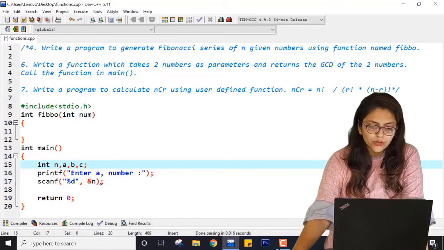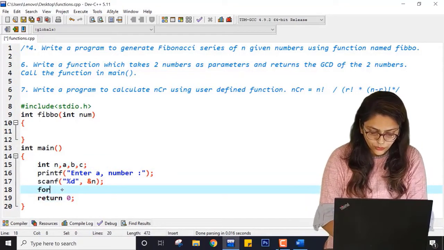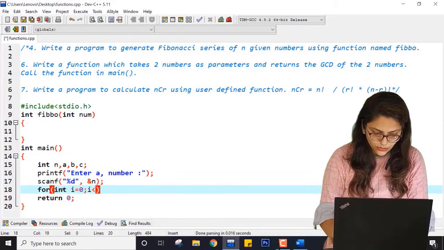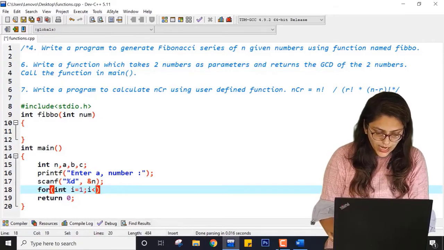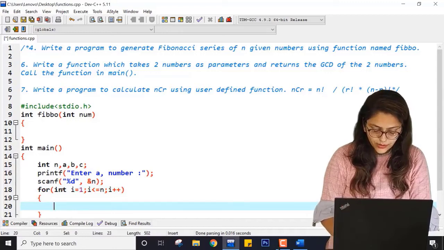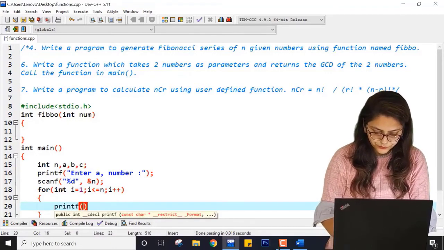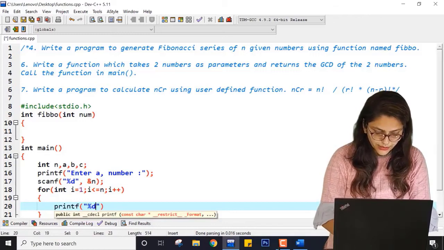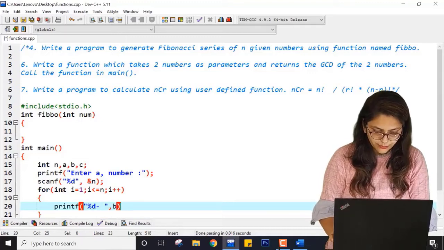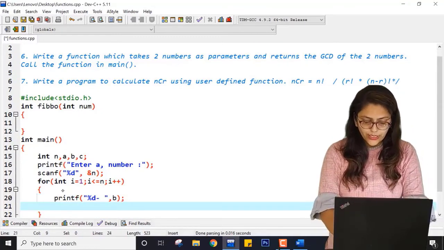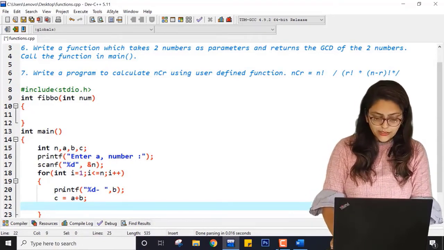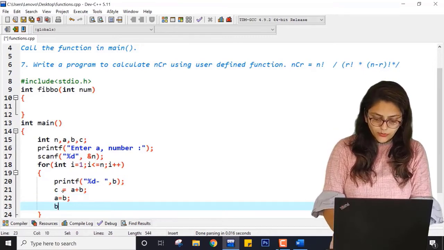Right? And what I was doing, I was taking N from the user, then I am writing for int I equal to 1, I less than or equal to N, I plus plus. I was doing first printf percentage D, that is B. I was printing B, then I was doing C equal to A plus B. If you have not gone through the logic of the Fibonacci sequence, first watch that video, then come over here again, right?